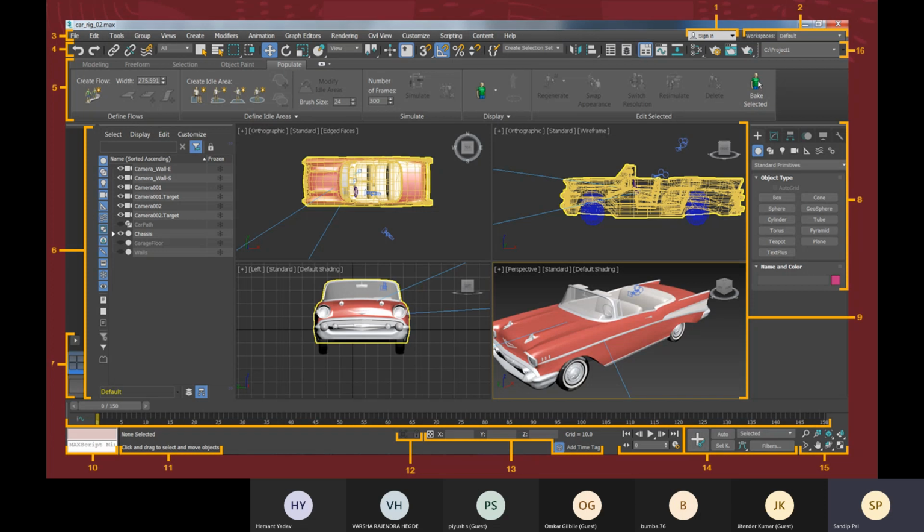But we also have some tools to create our architecture model. Here also we can do that, and mostly it will give us better rendering and better visualization.